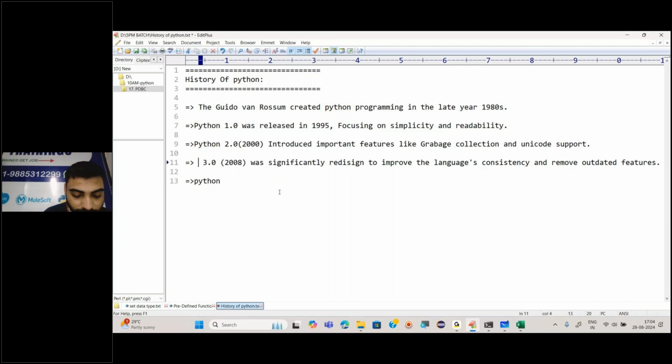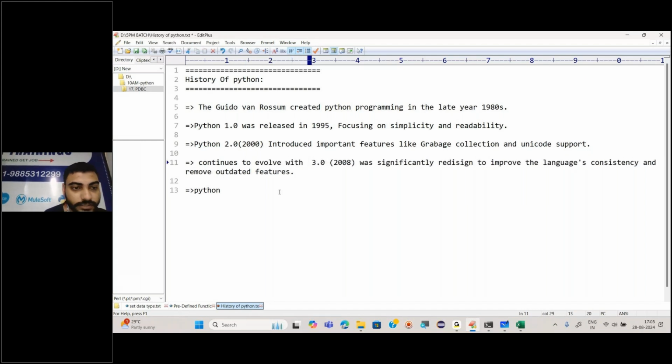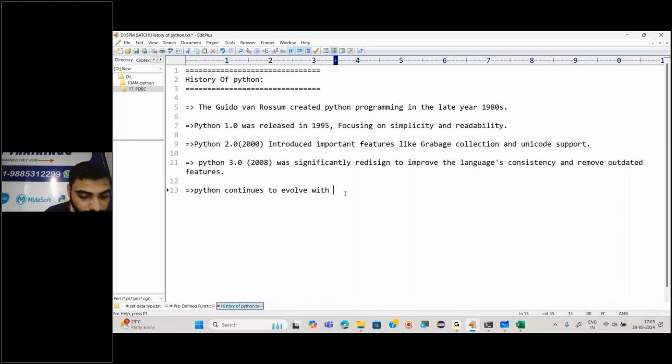And now Python continues to evolve over the years, right?